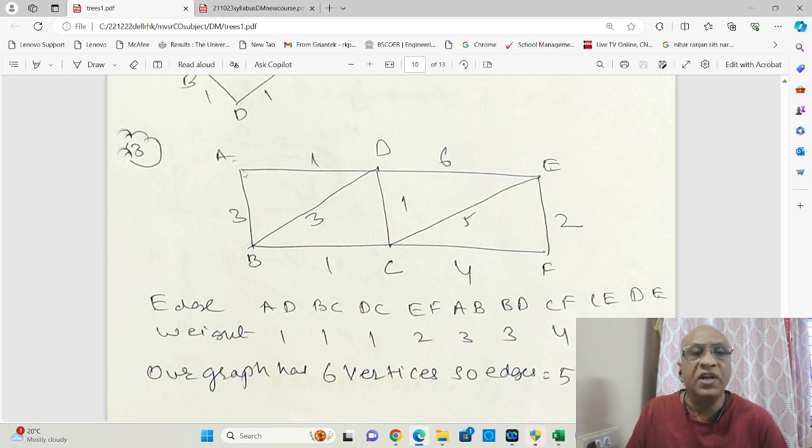So how many vertices are there? 1, 2, 3, 4, 5, 6 vertices are there. How many edges will be there? 5. So I have to take 5 edges. So we'll take AD, BC, DC. We have taken AD, BC, DC. Then we can go for EF also,